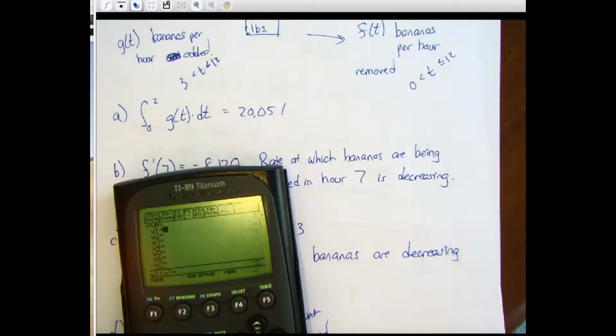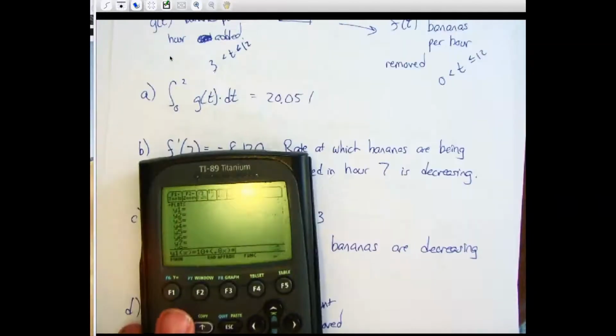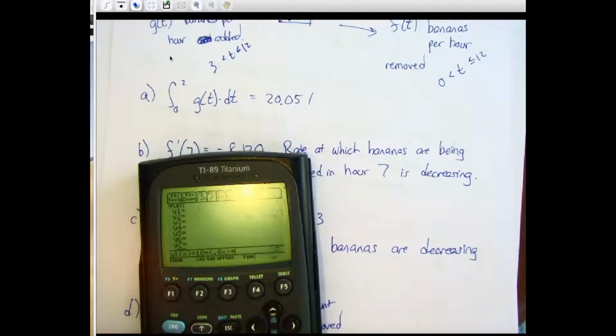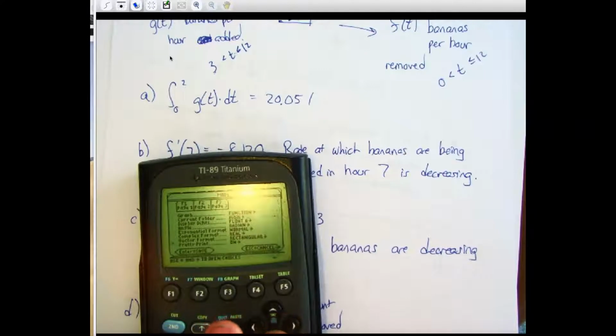So let's try that. So 10 plus 0.8x times sine of x cubed divided by 100. You're going to want to be in radians for this class, and then I'm going to go zoom. I'm going to do